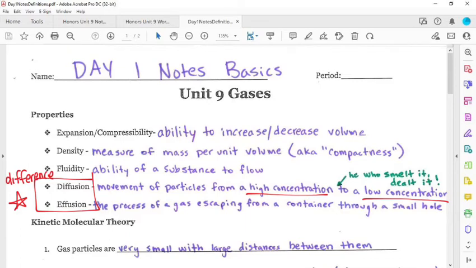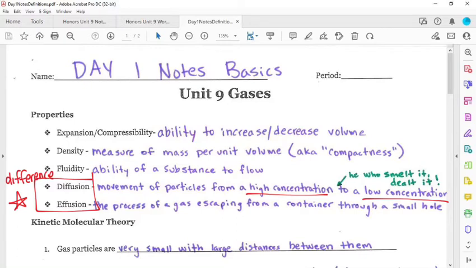And you see my little green note that you may or may not have decided to write down there. But this kind of comes back to that idea of he who smelt it dealt it. Wherever that strongest smell is coming from, probably the first person to smell that smell is probably pretty close to where it came from. So if I spray perfume here in the corner of my classroom, everyone in the classroom eventually will be able to smell it. But the first people to smell it, and the people that are going to smell it the strongest with the most smell molecules in their noses, are going to be the ones closest to me where I was spraying that perfume. So diffusion is movement of particles based on a difference in the concentrations, from high to low